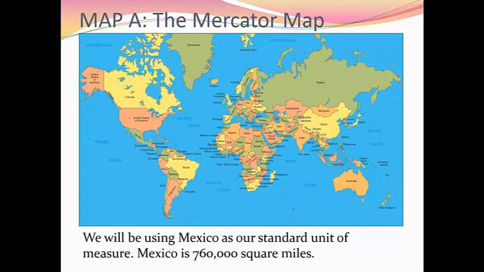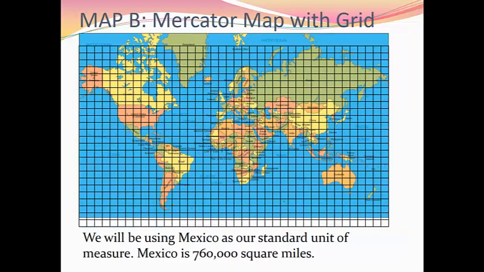This map should look familiar to you. It's hanging in most classrooms in the United States. And we will be using the country of Mexico as our standard unit of measure. A quick Google search has told me that Mexico is approximately 760,000 square miles. Now here is our second map, Map B, which is the Mercator map with a grid overlaid